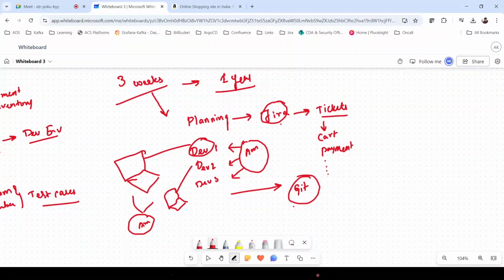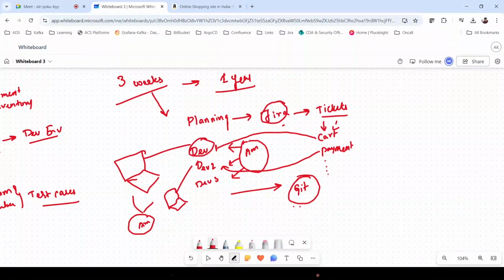Initially they plan and create different tickets for each feature, and once a Jira ticket is created, it will be assigned. For example, the cart ticket will be assigned to developer one, and the payment ticket to dev two, and they will work. Once they develop the code, it has to be in one place, right? So they centrally manage it in Git.